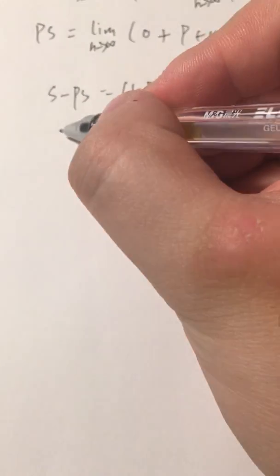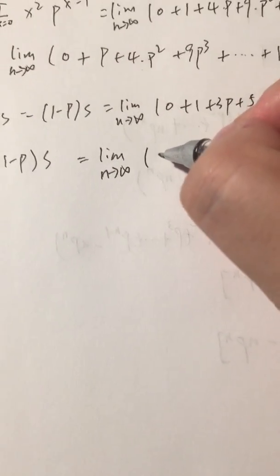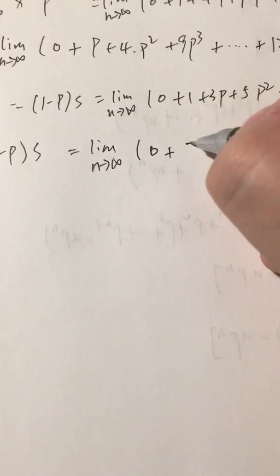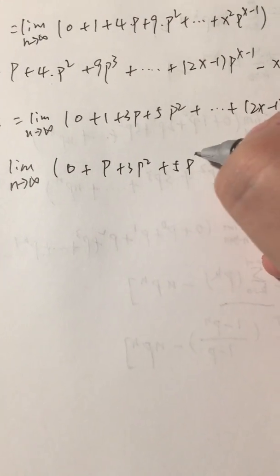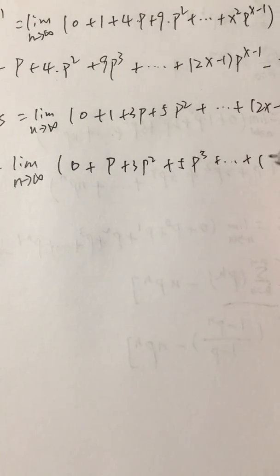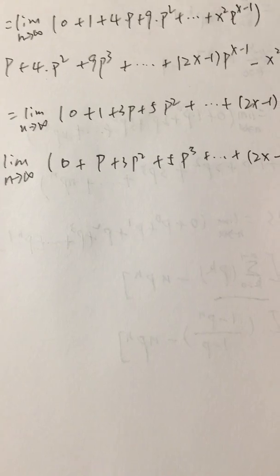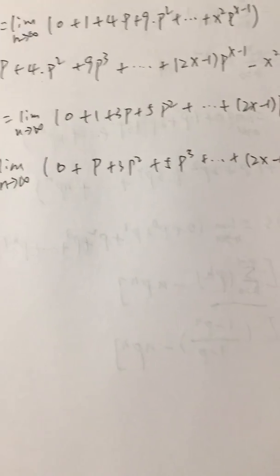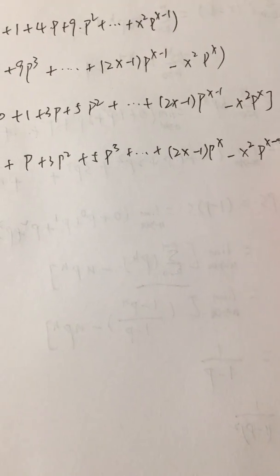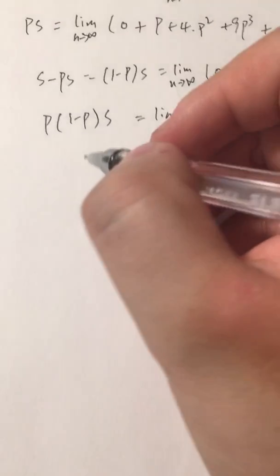Again, we use p times (1 minus p) times S. We get the limit as n goes to infinity of 0 plus p plus 3p squared plus 5p cubed, up to (2x minus 1) times p to the power x, minus x squared times p to the power x plus 1. So